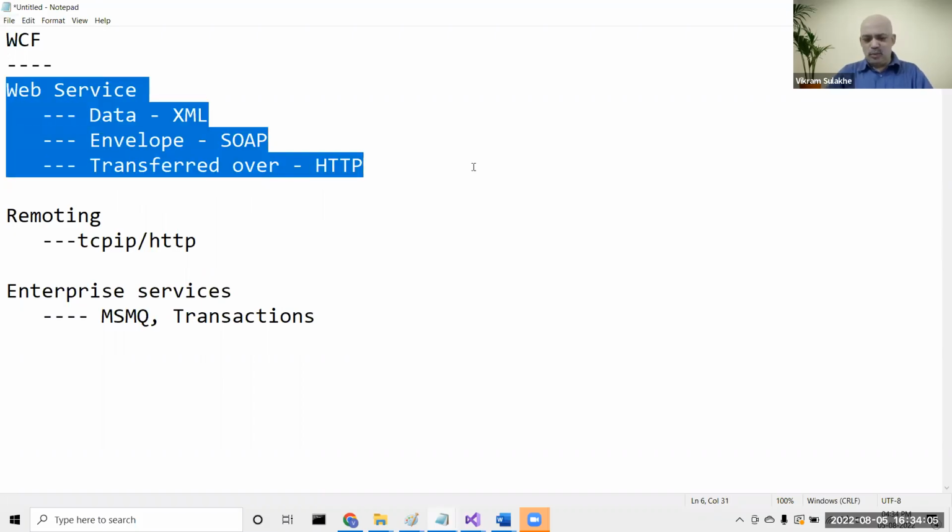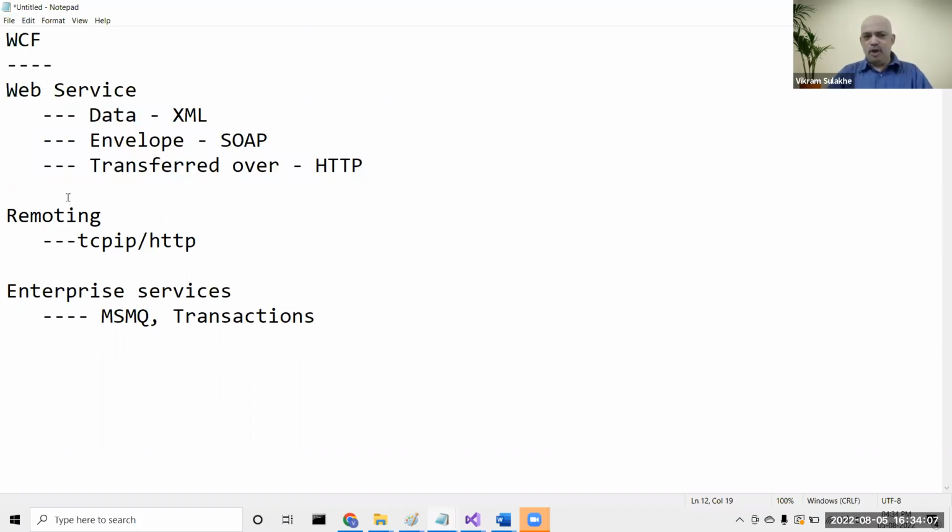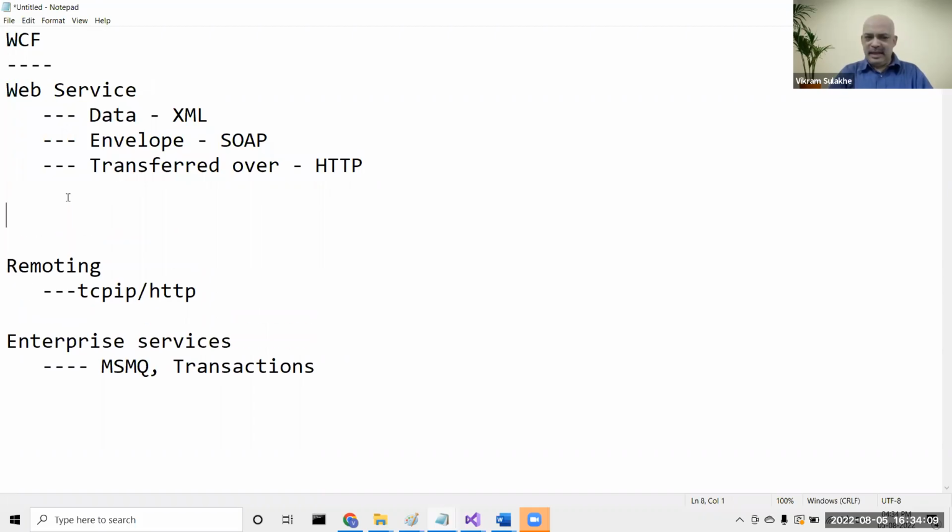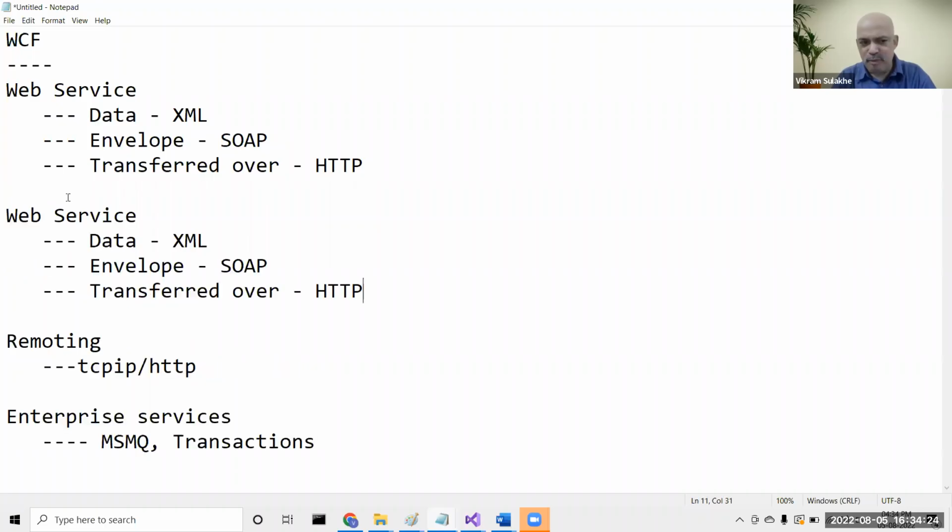Web services was a protocol that was created, in fact, by Microsoft only. Microsoft only proposed web services. And then it was accepted by W3C, the World Wide Web Consortium, and made a standard. Then Microsoft came up with more options, something called web service enhancements,